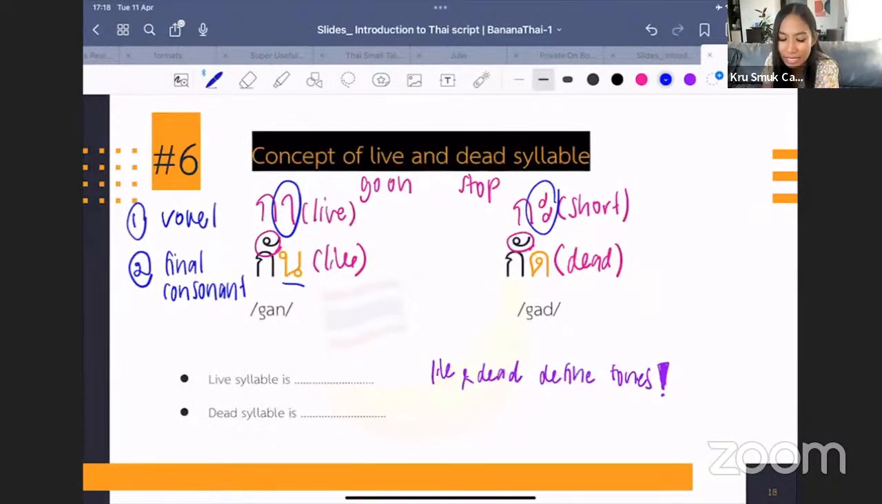But I don't want to explain too much, I think this page already explained to you how to define live and dead. Okay, ไหมคะ? Are you following? Are you still following? ค่ะ ได้ครับ